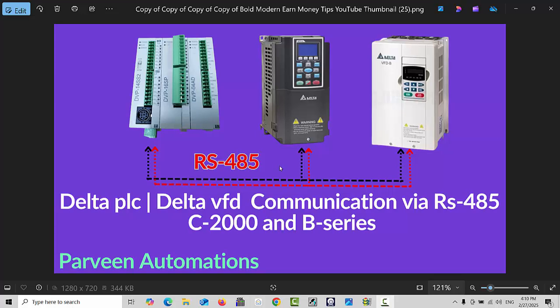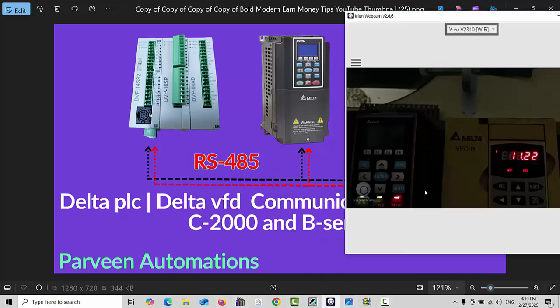First of all, I will show you in my camera the two VFDs which are connected with my PLC. This is VFD 2 and this is VFD 1, B series. In this VFD we just have to change the addresses